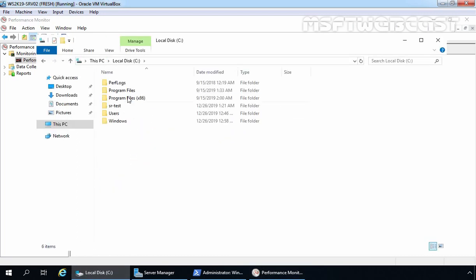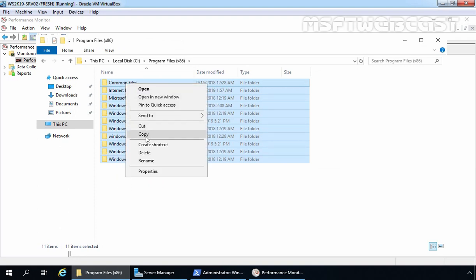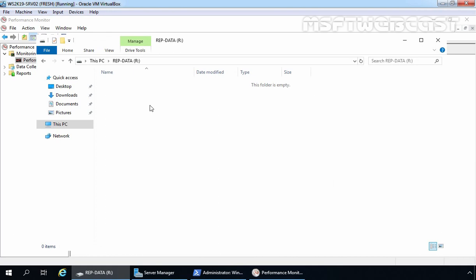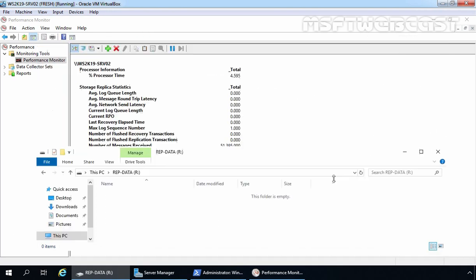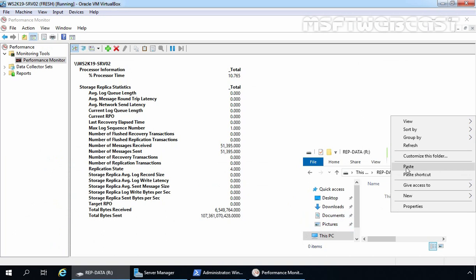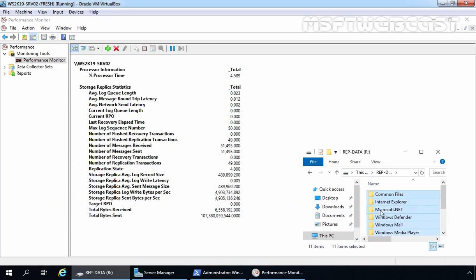Let's double click on C drive and I'm going to copy some files from Program Files x86. Okay, let's paste here. And now as you can see, some movements are there as it is performing the replication process instantly.